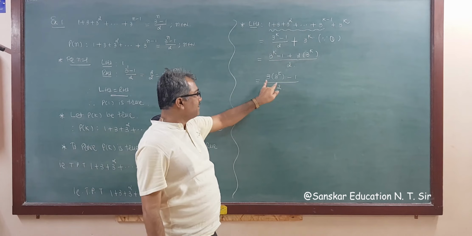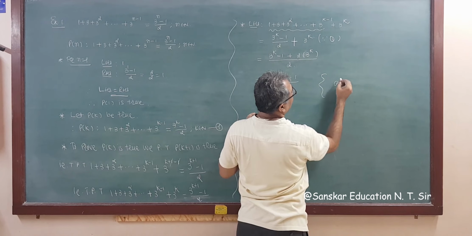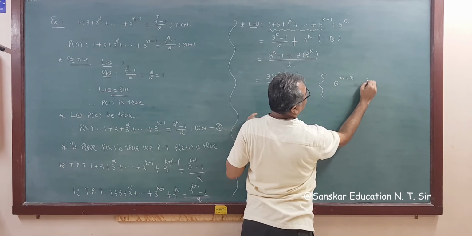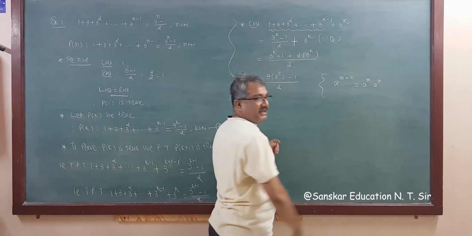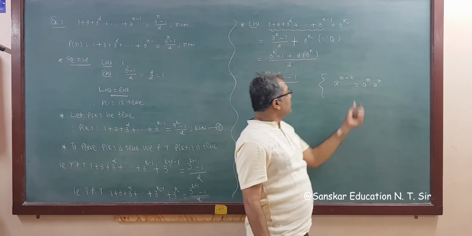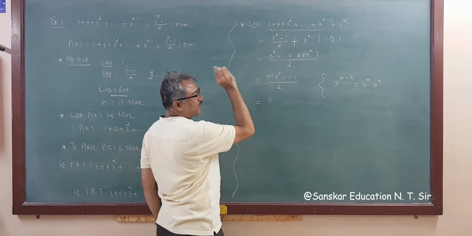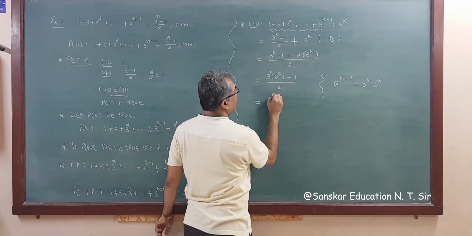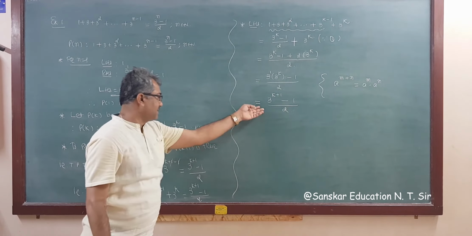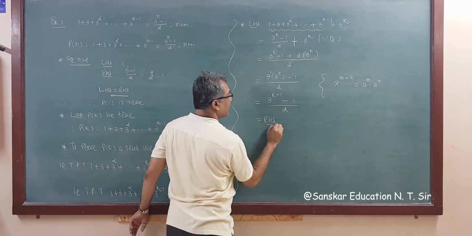Now rules of exponent you know. Base are same. You have one formula: a raised to m plus n, then answer is a raised to m into a raised to n. Means if base are same, then you have to add the power, right? So what is the answer of this? So this is 3 raised to k plus 1. Power of this is 1. So 3 raised to k plus 1 minus 1 divided by 2. So what is this? What you want to prove? So this is your right hand side, right?